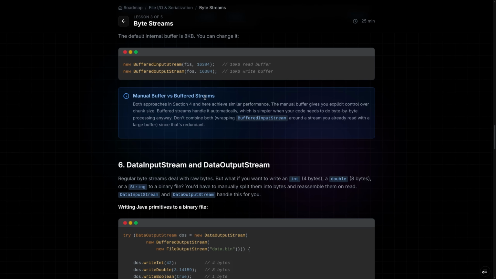Manual buffer versus buffered streams. Both approaches in section 4 and here achieve similar performance. The manual buffer gives you explicit control over chunk size. Okay, like we just did